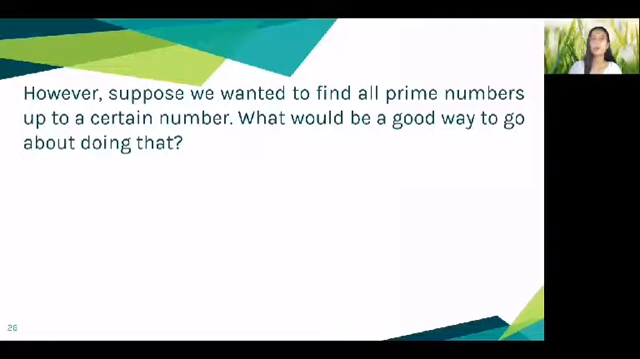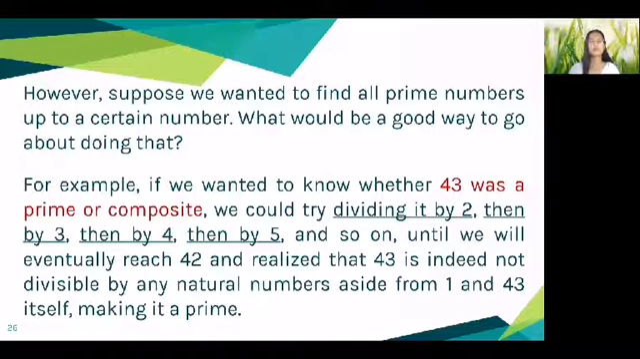However, suppose we wanted to find all prime numbers up to a certain number. What would be a good way to go about doing that? For any given natural number, of course, we could just attempt to divide it by smaller natural numbers. For example, if we wanted to know whether 43 was a prime or composite, we could try dividing